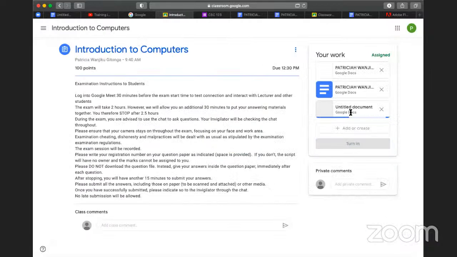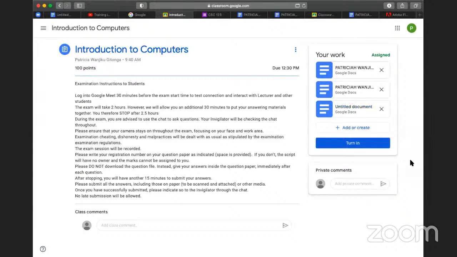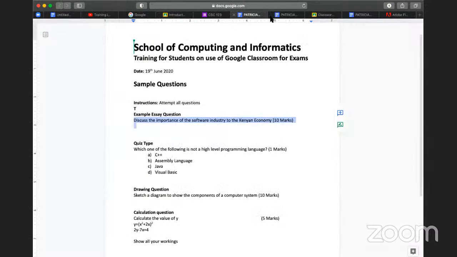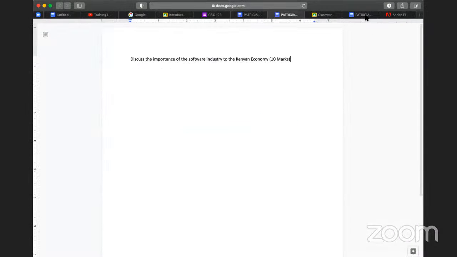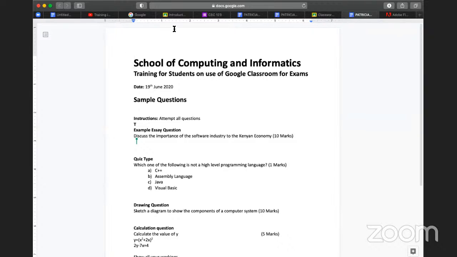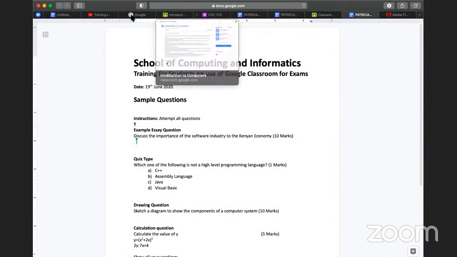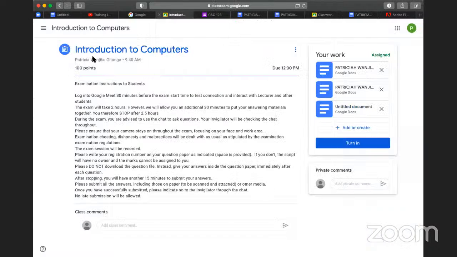So that scanned document, I'm able to attach those documents. Once you're sure that you've done the right thing, you go through your documents. There is this document, there is that document, there is the other document, and you confirm that examination. Then what you should do is go back to the question and turn in your work. Note that you can have a comment for the teacher,